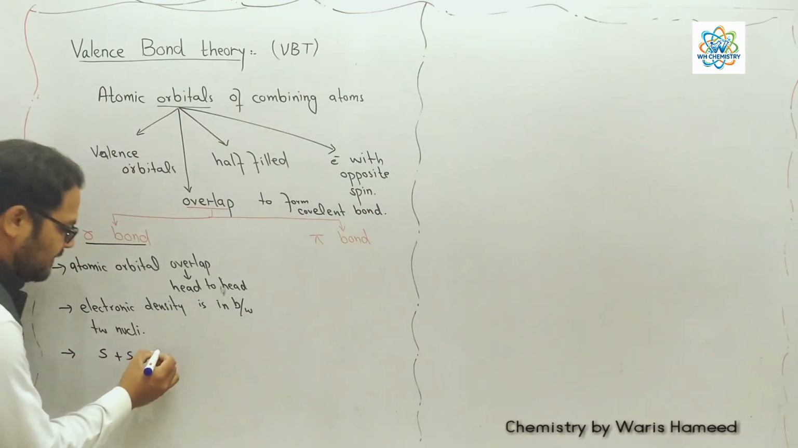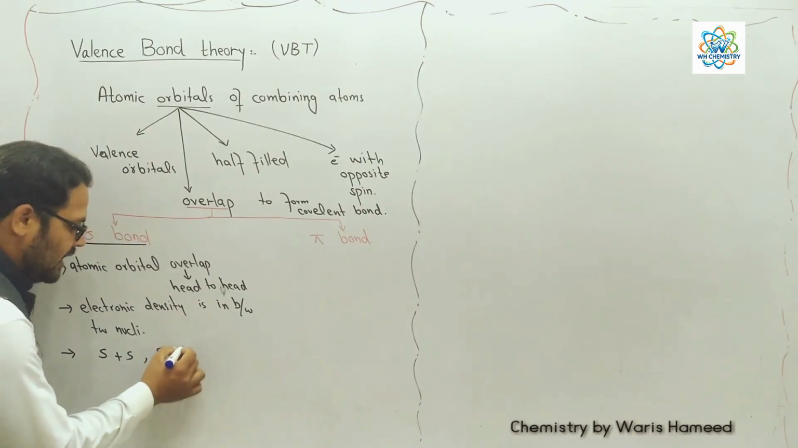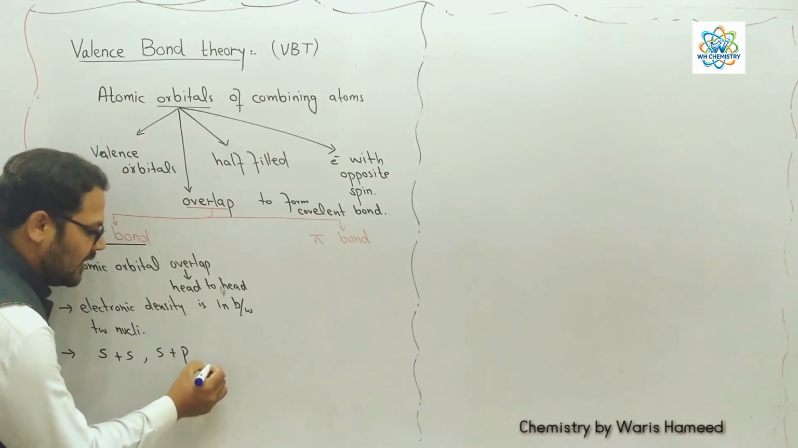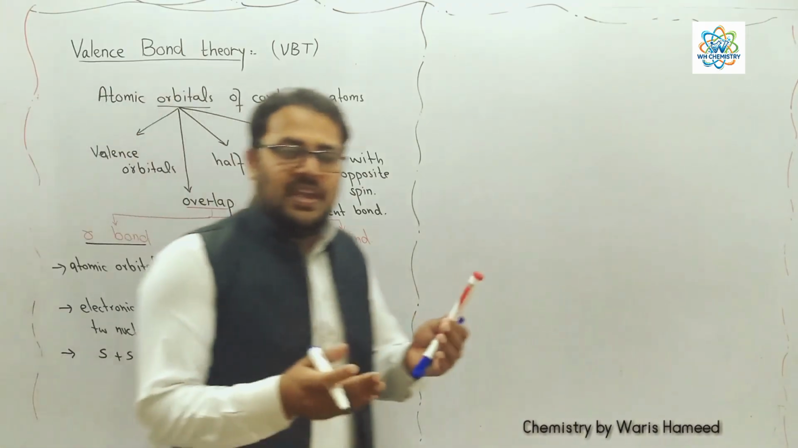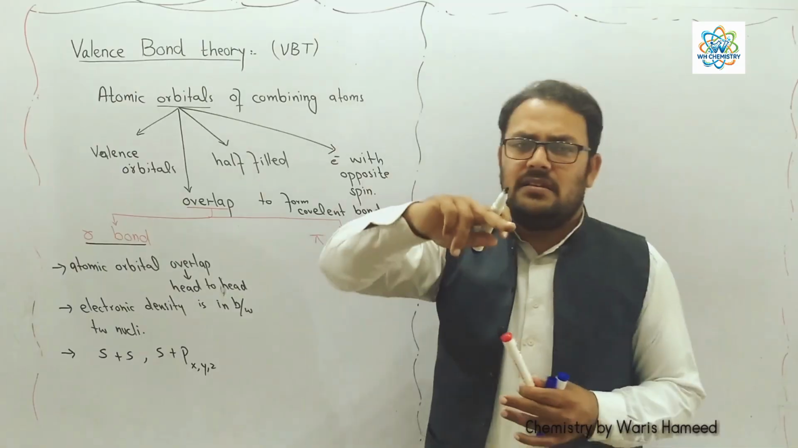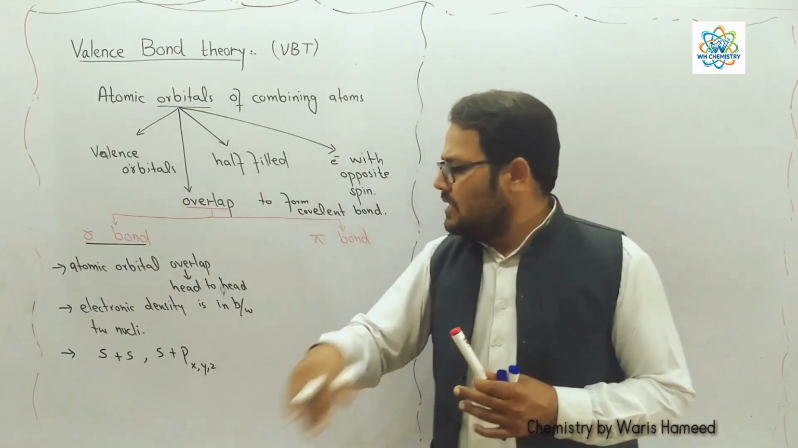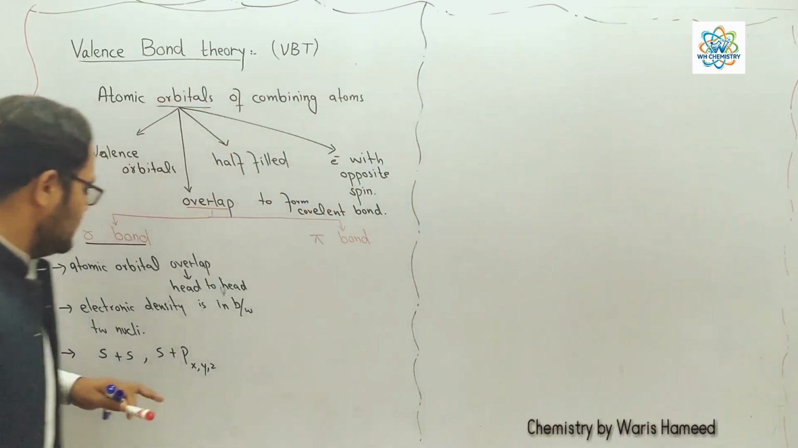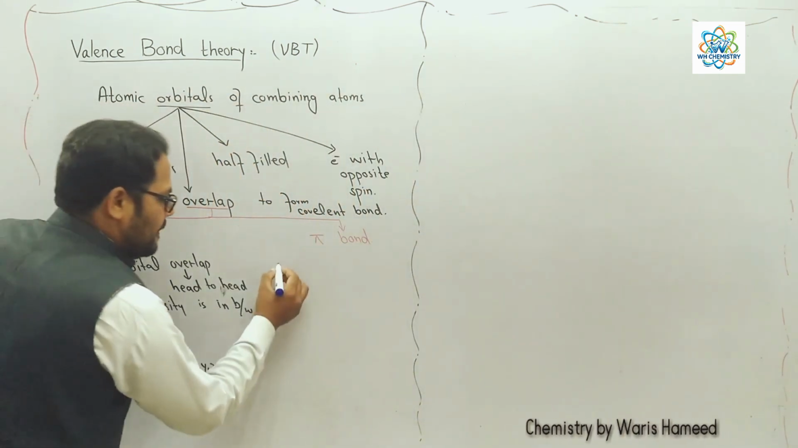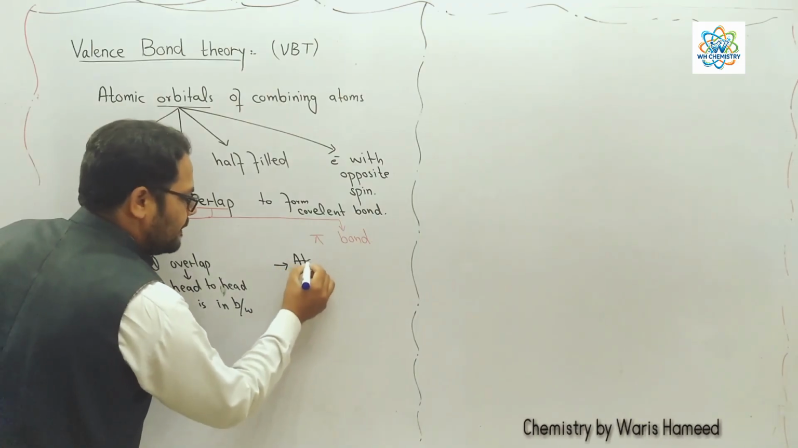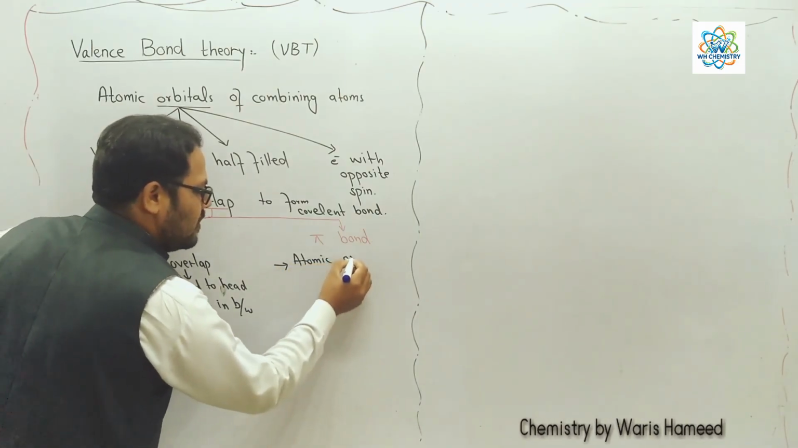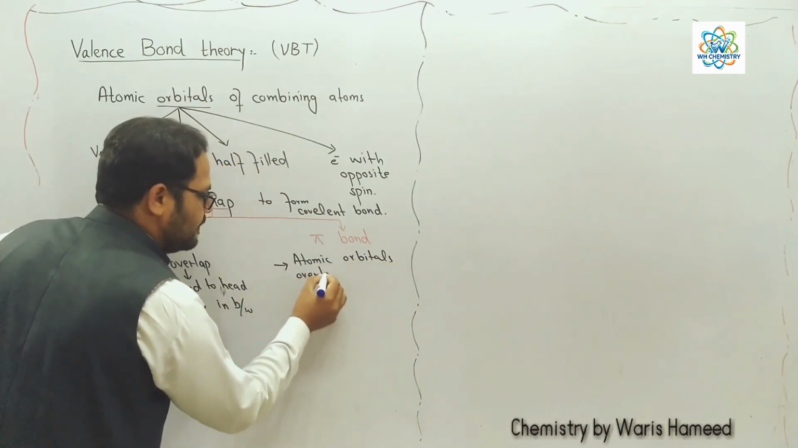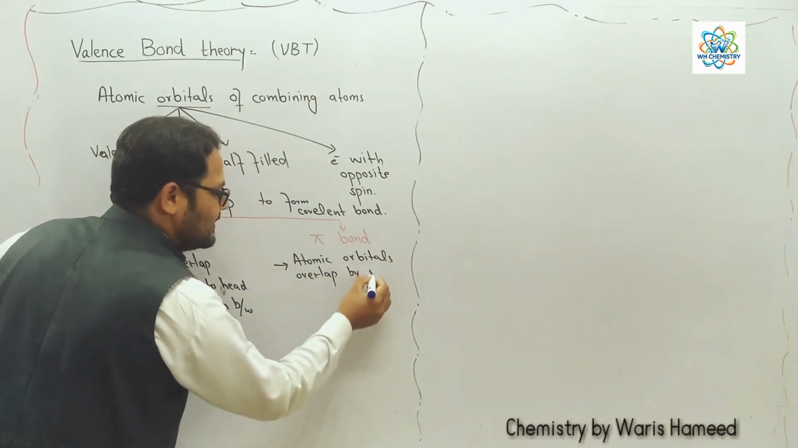It can be formed in between s and p atomic orbital, and this p can be x, can be y, can be z. Px is the atomic orbital that is oriented along the x-axis, and y is oriented along the y-axis, and z is along the z-axis. In this case, when atomic orbitals overlap by side,